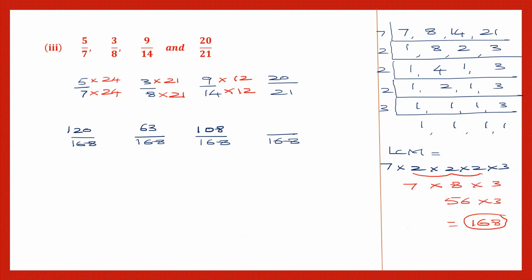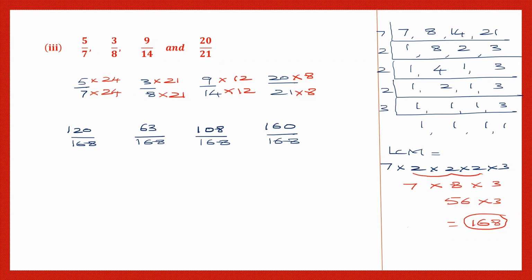Now the last one, 21 into what will give us 168. Now let's try 21 into 8. 8 ones are 8. 8 twos are 16. So we've got 168. That means 21 into 8. So multiply 20 also by 8. Now 8 twos are 16. So 8 into 20 will be 160. So all our fractions here